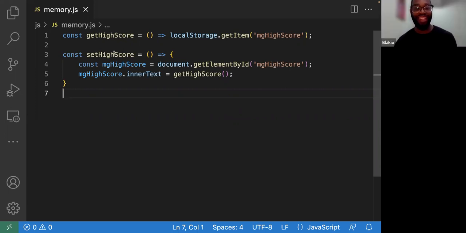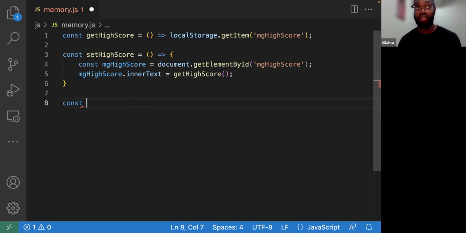I'll leave it here. Actually, no. Yeah, I'm going to throw it in another function. Actually, you're right. That's what I'm going to do.